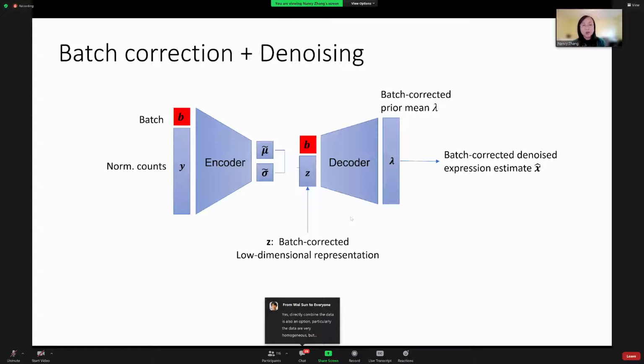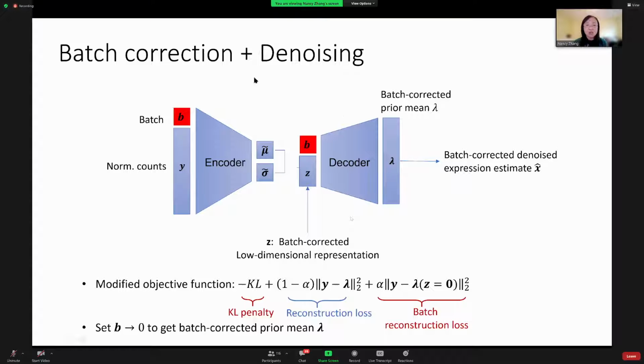And what we did was we added nodes for batch. So this is a one-hot encoding of the batch. So let's say you have 3 batches, then this B will be 3 nodes: 1, 0, 0, 0, 1, 0, or 0, 0, 1. So it's a one-hot encoding. We have that node going into the encoder as well as going into the decoder. And you would think that adding this node,